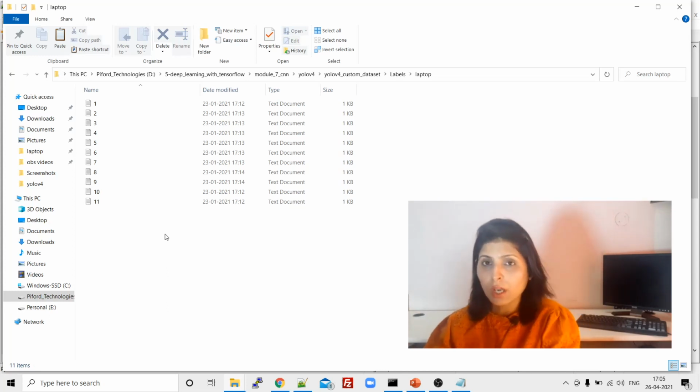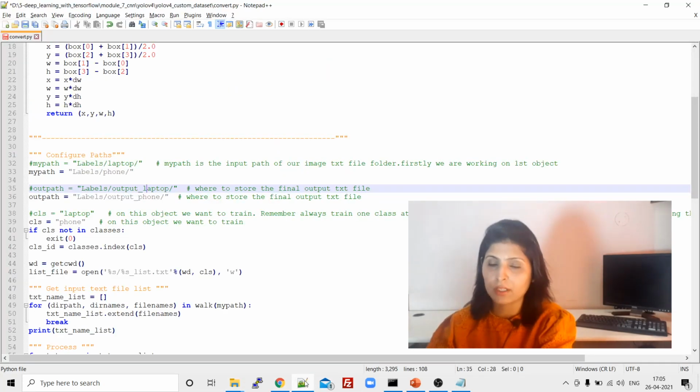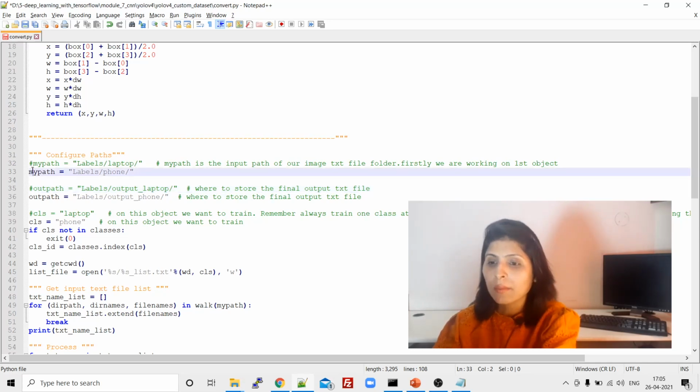After that we will work on this convert.py file. What we are doing over here is my path, labels and phone. Which path is this?